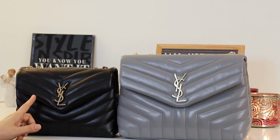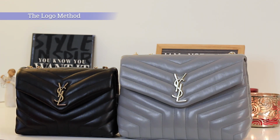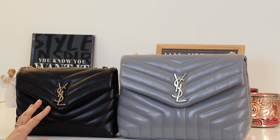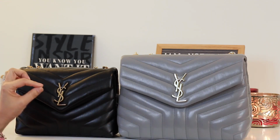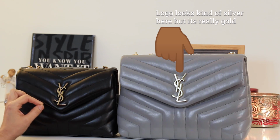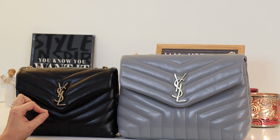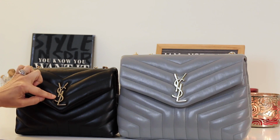So the next method is looking at the logo, which is very easy, at least for me. A lot of people, when you look at things, you would imagine it looks exactly the same as the logo. But if you look at details like spacing, width, which in dimension is so detailed, it's hard to tell what's the difference. But the difference between